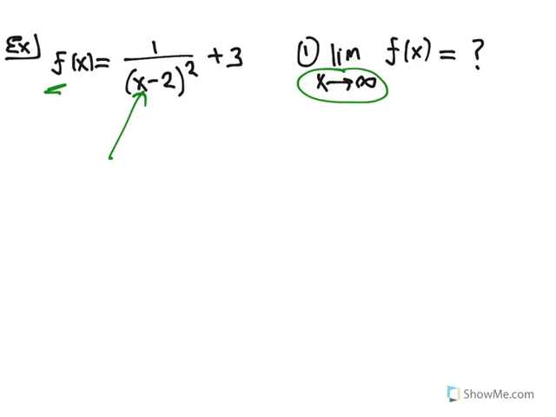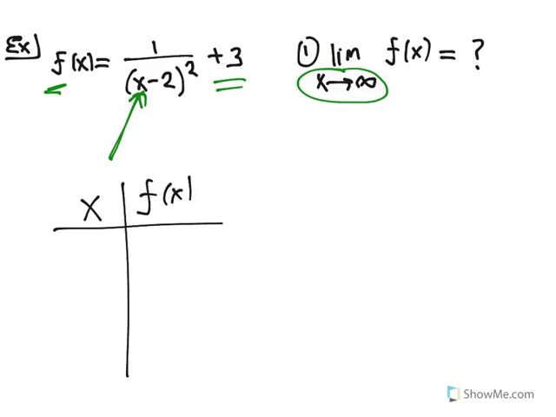When, for example, x is 12, then you have 12 minus 2 is 10. 10 squared is 100. 1 divided by 100 is 0.01. And plus 3 is 3.01. So I'm making a table of x and y. So if I choose x to be 12, then 12 minus 2 is 10. 10 squared is 100. 1 divided by 100 is 0.01. Plus 3 is 3.01. If I choose x to be 102, then you have 102 for x, minus 2 is